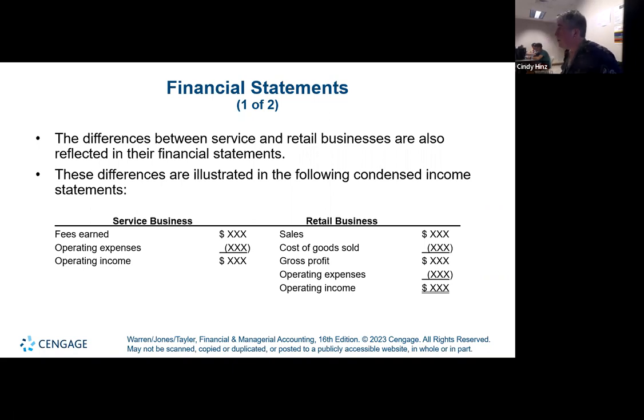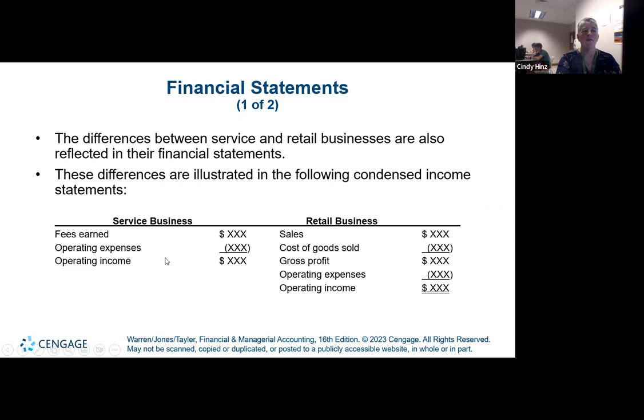In this chapter, we're learning a financial statement known as the multi-step income statement, where we're going to add just a little bit more information, just like we did with the classified balance sheet. And we just saw at the very end of chapter 4, when we calculated our working capital and current ratio, how that could be helpful to have those classifications. On the income statement, we can also classify the information. And that's what you see over here on the right-hand side, this retail business.